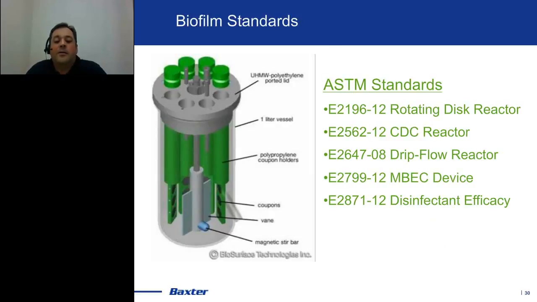And then design of experiments. One way to actually get a little bit better idea of how effective your chemistries or your heat or things like that are is you could do a benchtop study. You're going to have to do some type of minimal studies to make sure things are effective. I personally like having some type of benchtop studies. There are some ASTM standards out there for testing some of these treatments. If you're interested, those are listed here.